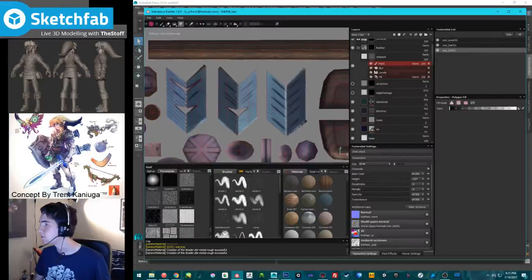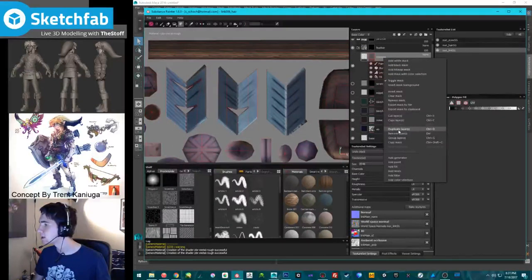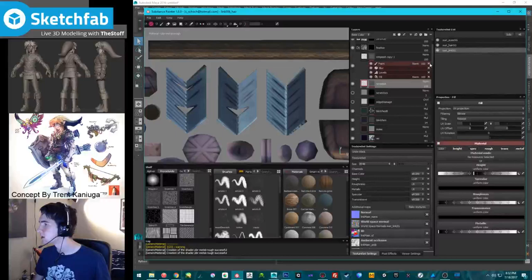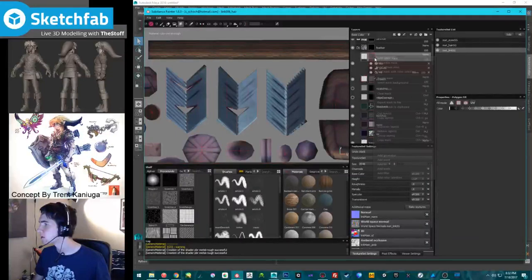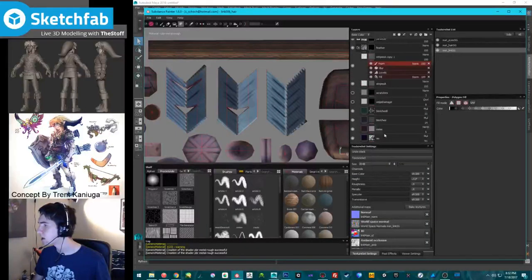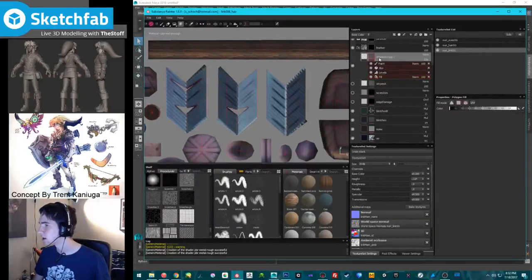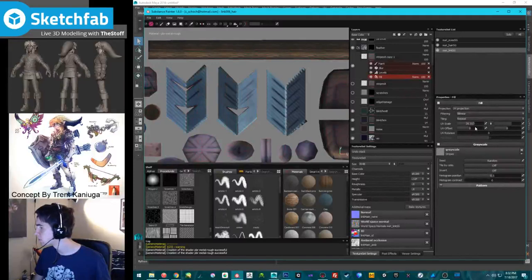And then duplicate this guy. Hide that. Oops, not that. This. Right click, add paint. And then just so I can see what I'm doing, I'm gonna click this and then I'm gonna rotate the fill.